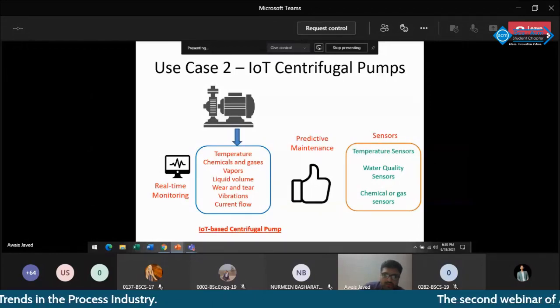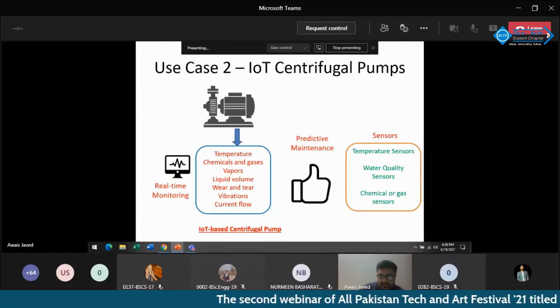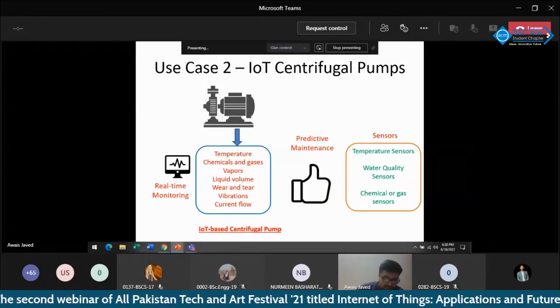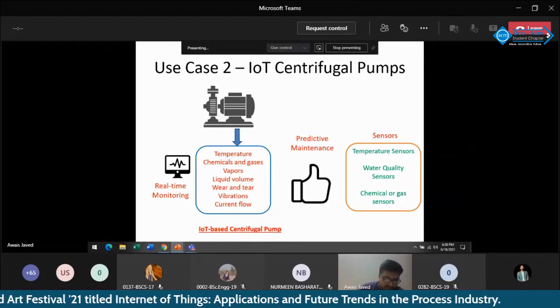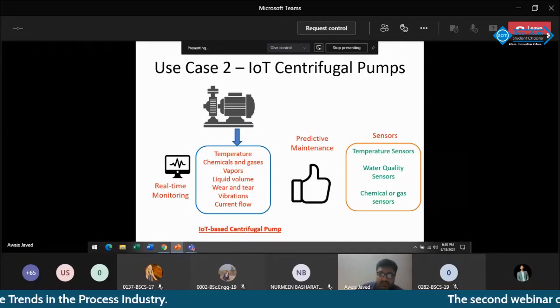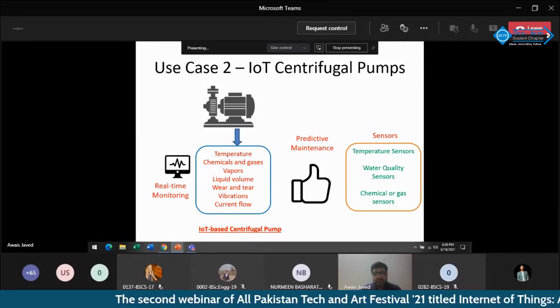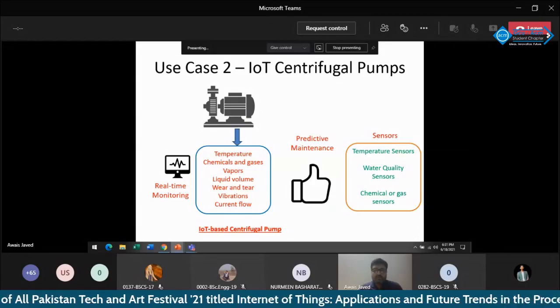So it is very important to contain these chemicals and stop any flow of emission of these chemicals, because this can damage not only the worker's health, but it can also cause corrosion in the machines. So with these chemical or gas sensors, you can detect these problems, and you can improve the efficiency of the centrifugal